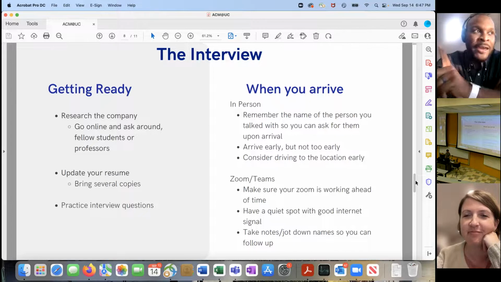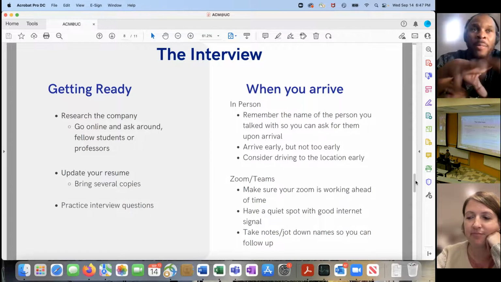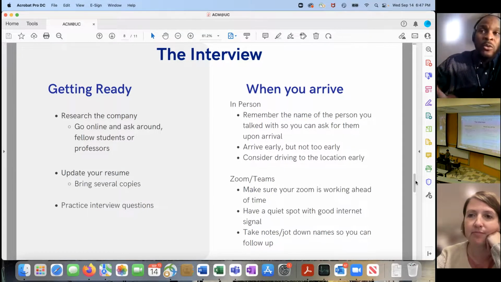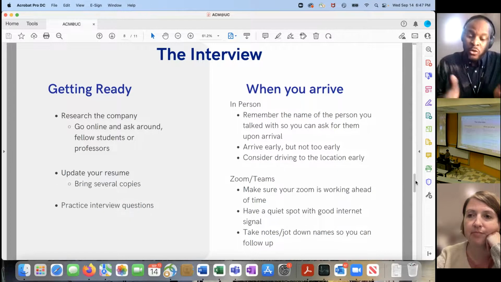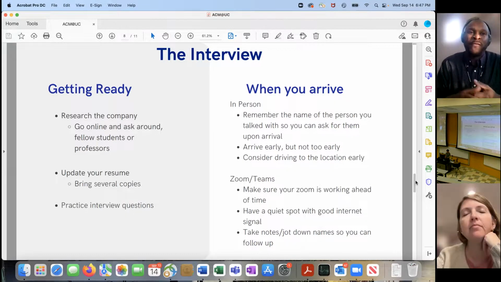The only other thing I would add, and I talked about this with my students this afternoon, understand that depending on the nature of the organization that you're going into, you want to be as cognizant as possible of what you project as soon as you get onto their property. So remember how you drive up, monitor your music, monitor when you get out of the car. Are you stage ready? When you walk in and you meet someone at the front desk, treat that person with the dignity and respect that they deserve as a professional.